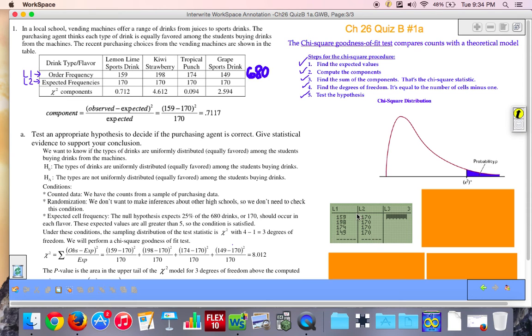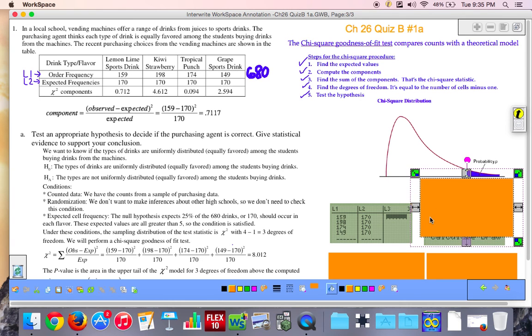Okay, and then I'd like you to hit the stat key in your calculator. You're going to arrow over to test because we're doing a hypotheses test. And if you scroll down, the test is called the chi-square GOF because it's the goodness of fit test. The chi-square GOF test. Okay, and if you hit enter,